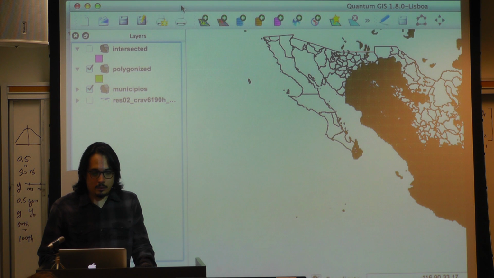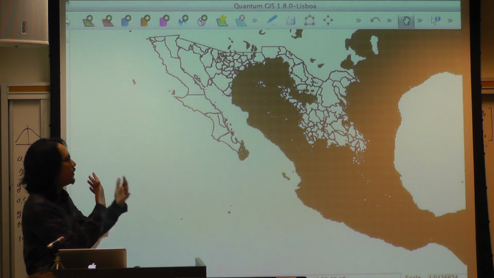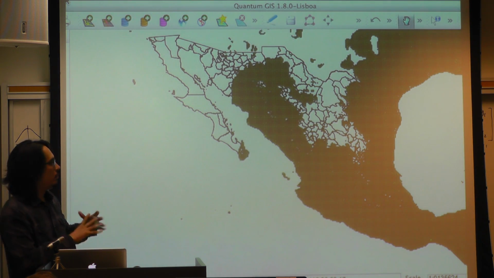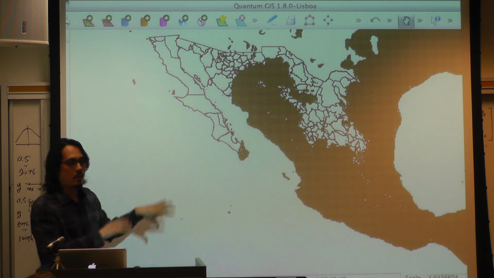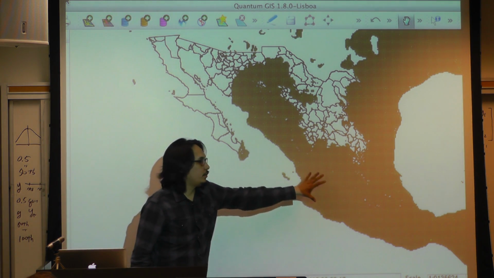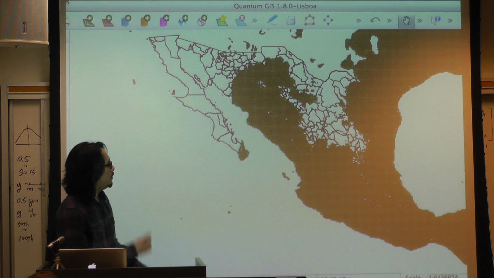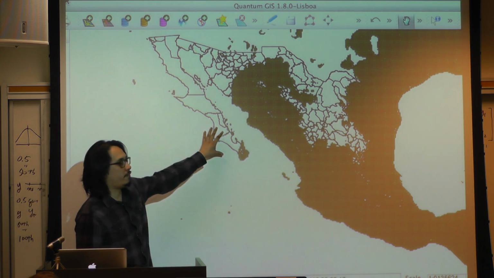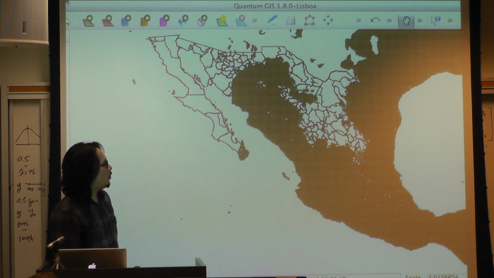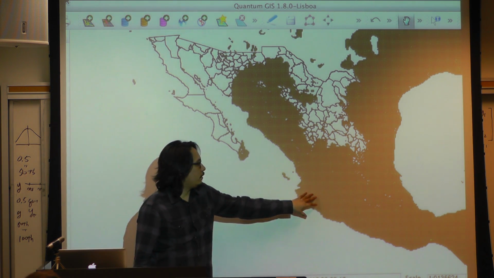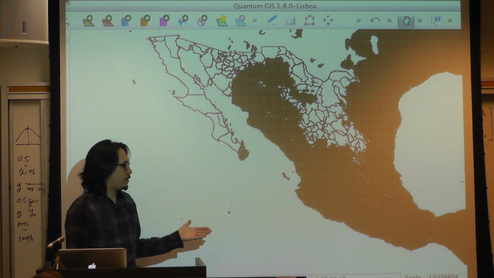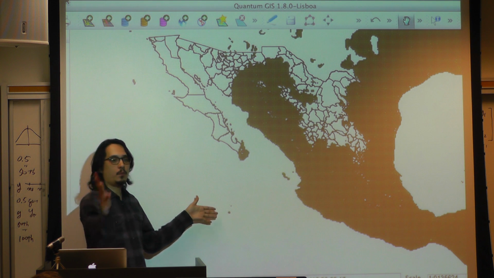And then what I'm going to do is just intersect these two shapefiles. I have the polygonized version of the crop suitability data, and I have the shapefile of Mexico. So I'm going to use the corn data as the input data, and I'm going to overlay